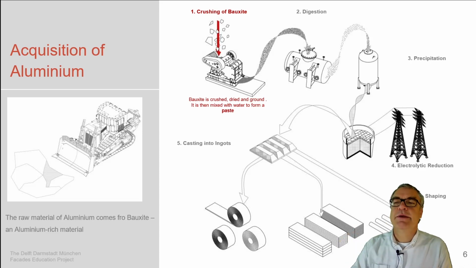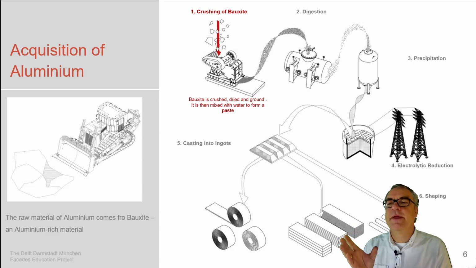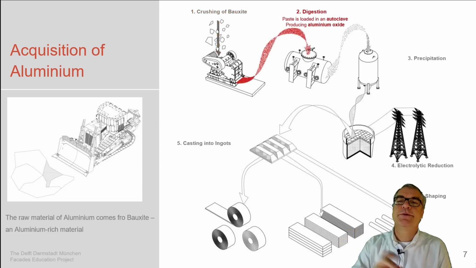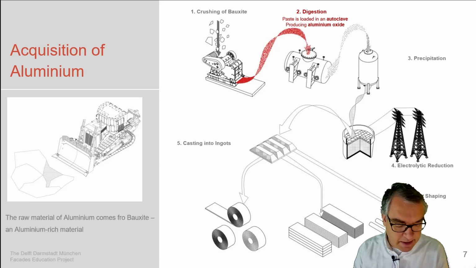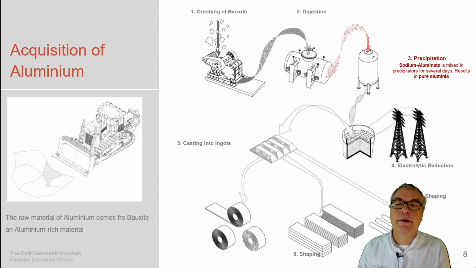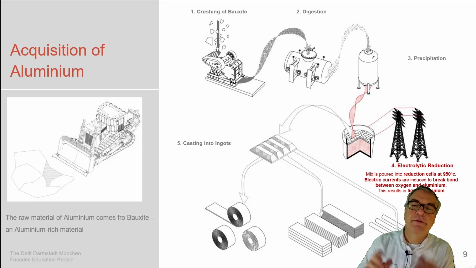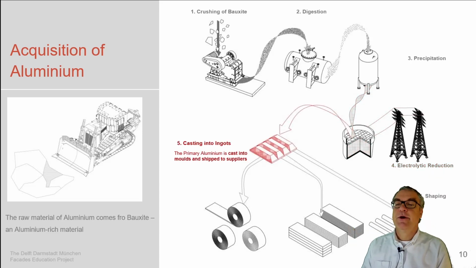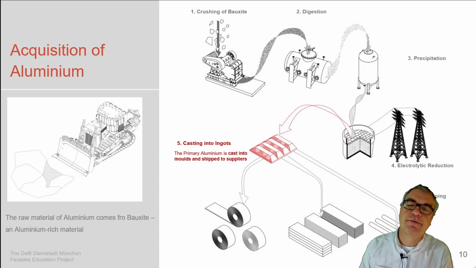The material, the bauxite, is harvested, then crushed, then brought into a first production process, which ends up in an aluminium oxide, and then brought into a second production process, which brings it to pure aluminium. And this pure aluminium is then boiled by electricity at 950 degrees, as it is said here, to end up as liquid aluminium, which is then cast into dies, which are the blocks which we use for our aluminium manufacturing process, which is the following process.